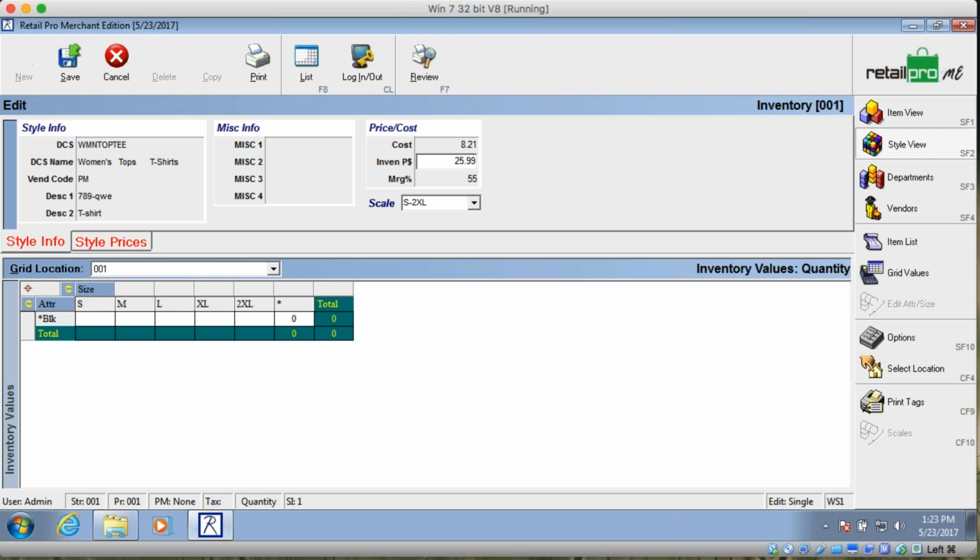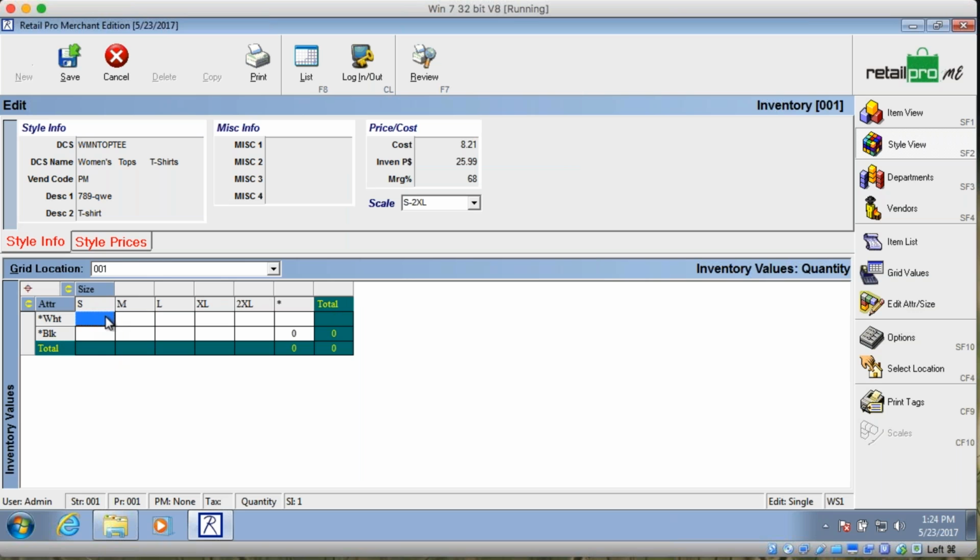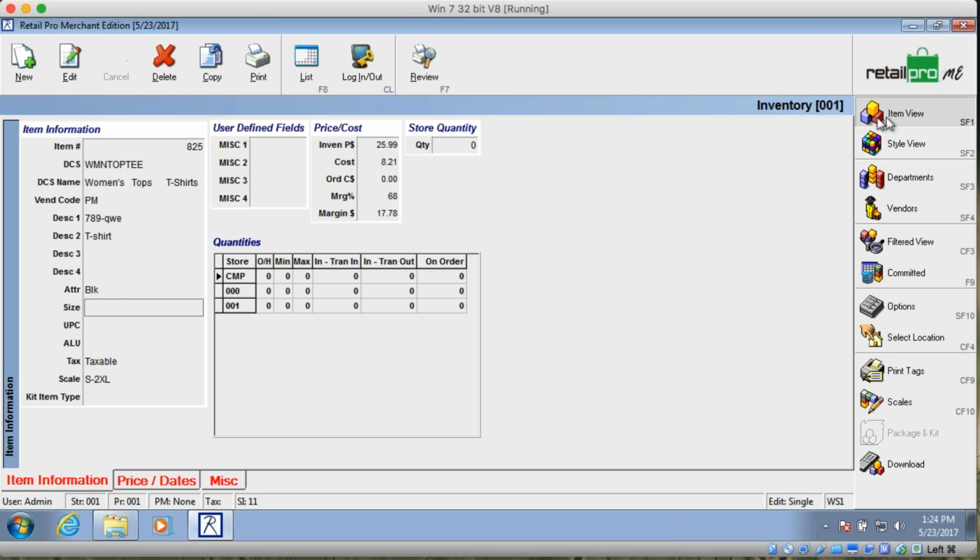and now I'm going to go ahead and say we carried it in 2 colors. So I'm going to go out here to edit attribute and size. I'm going to use the shortcut and pop into there, and we'll put in white, and we'll click OK, and then we're going to go ahead and put our zeros in left to right. So we're going to say small, medium, large, extra large, 2XL, and we're going to come back down and do it again, right? And now we're going to go ahead and say save, and go back to item view and